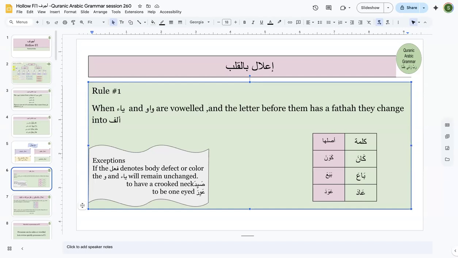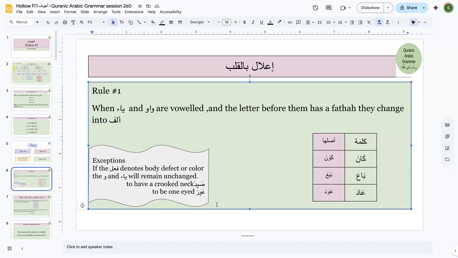Alhamdulillah. However, you have on my slide this call out where sayida, a'wara. What do you think these words are coming from? Sayida means to have a crooked neck. A'wara means to be one eyed. It has to do with body defects, and you have learned that your body defects fall in your samia clan. Starting from family one, your body defects are going to be covered mostly under your samia clan.